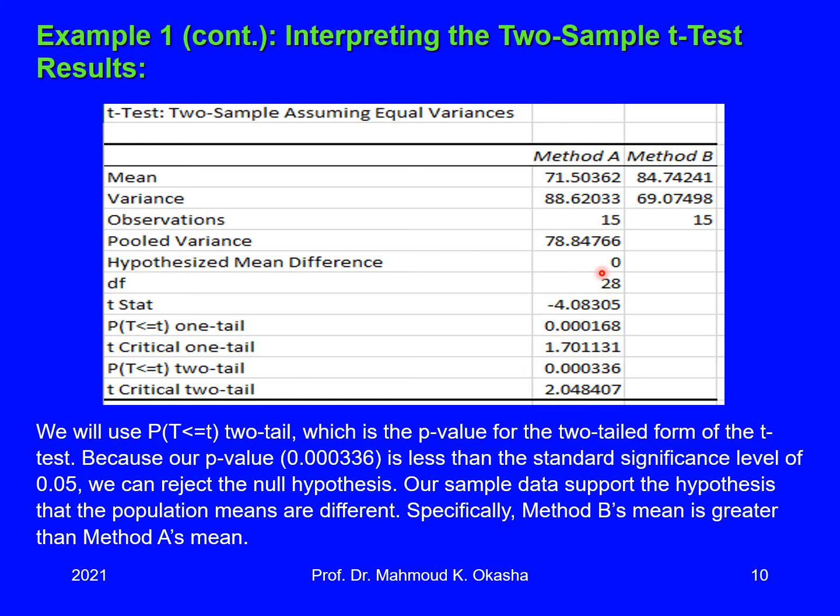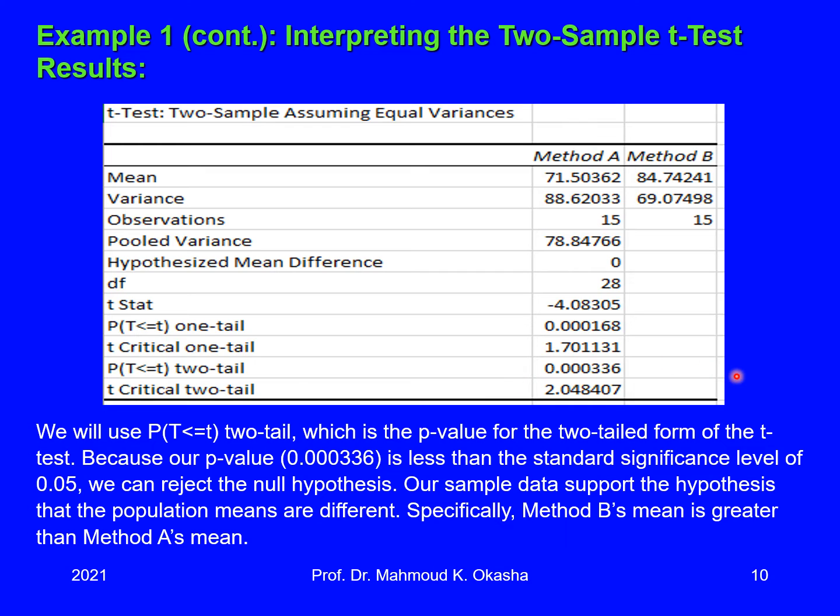Hypothesized mean difference 0. Degrees of freedom is 28 and the t statistic is minus 4.08305. That's the t. Now we want to decide whether we have a two-tailed test, or two-sided test, or one-tailed test, or one-sided test. Actually, we want to test whether the methods are different or not, so it is a two-tailed test. So we go to the two-tailed test, and that's the p-value for the two-tailed test, which is